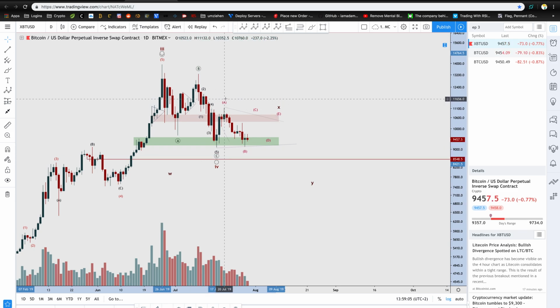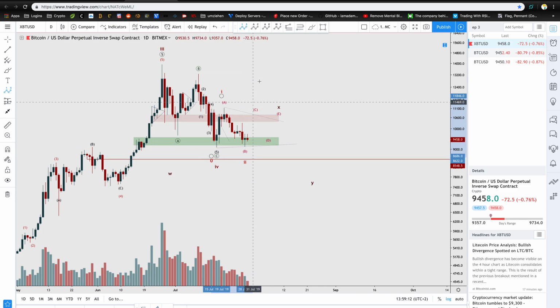So if this is the end of correction, what we can expect is the first move up to be a 1, and then a subsequent move down will be the 2, and then we should get an impulse for the 3, 4, 5. Now, what we're seeing currently in the market hasn't invalidated this quite yet. If you look at different time frames, you might get different answers to this question. But at the current moment, it looks like we are trying to make our way up for the third leg,